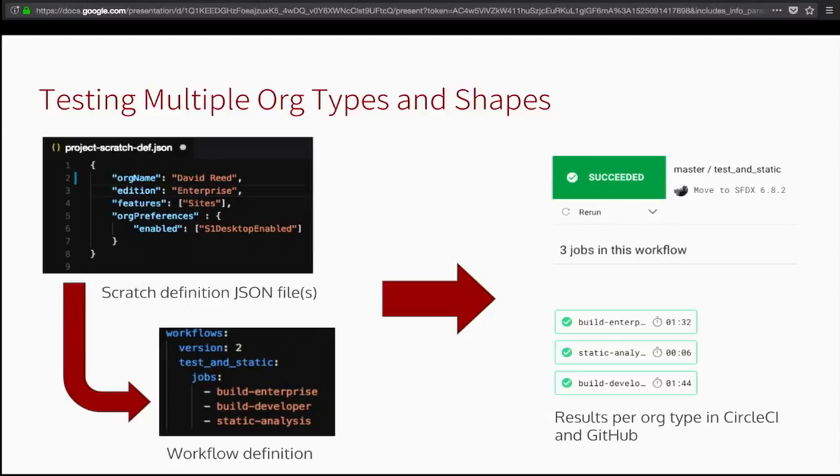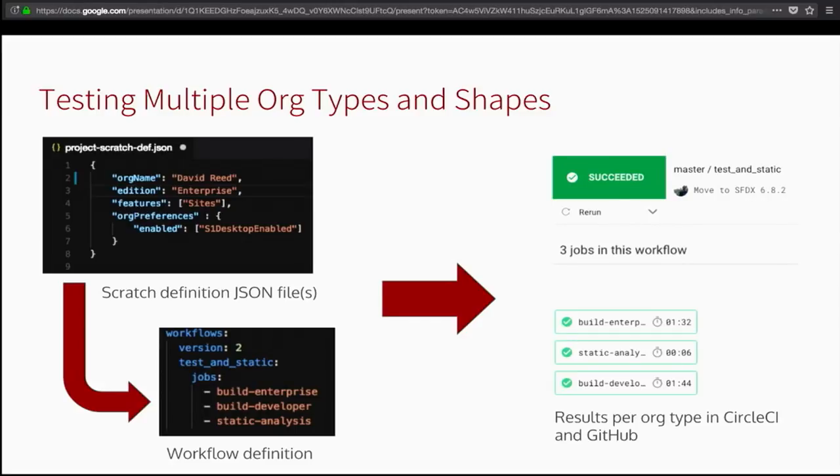Another tool that we can use of a very different kind is going beyond testing on a single org to test on a number of different orgs that look very different. So if you're an ISV, this is something that you might already be doing or find very useful. If you're an organization that has multiple Salesforce instances, potentially Salesforce instances of different types, like you've got a professional edition and an unlimited or enterprise edition, this might be something that you can use and get a lot of value from.